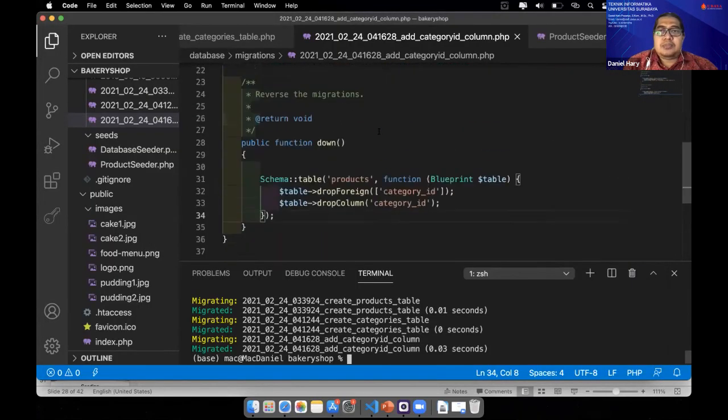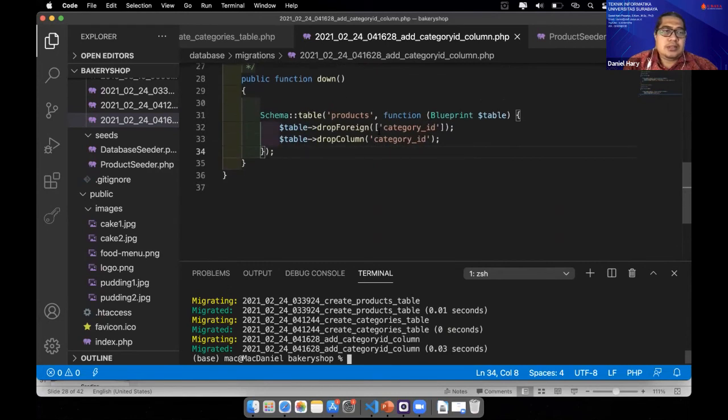Next, we have to put the data. We create the category seeder first. Make DB, make seeder, category seeder.